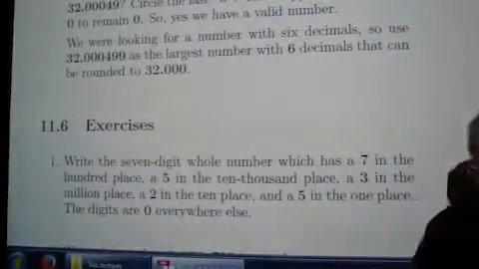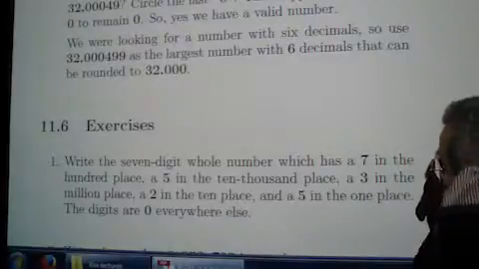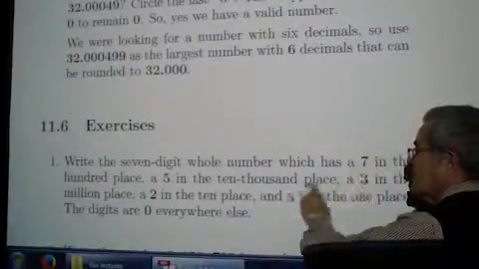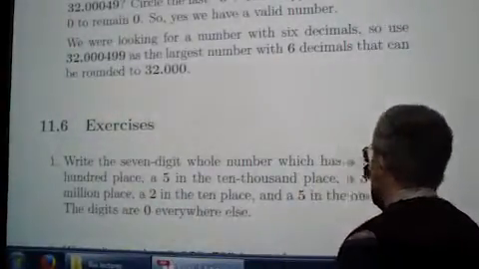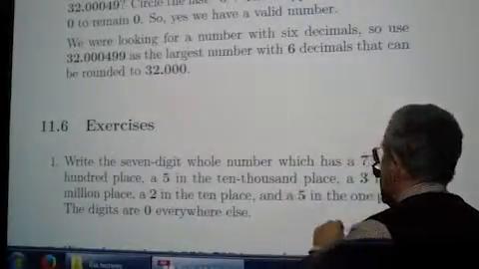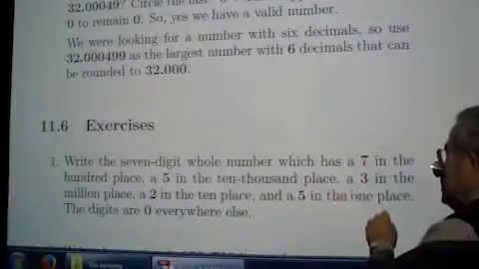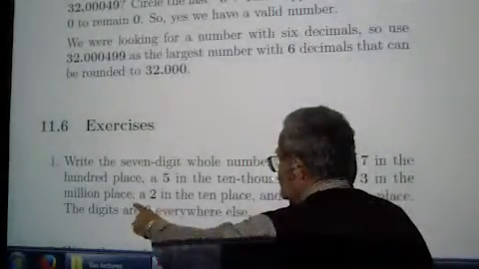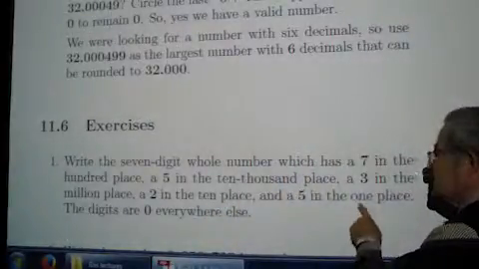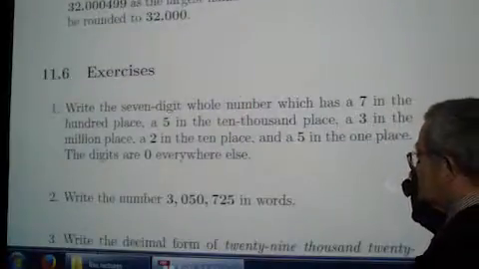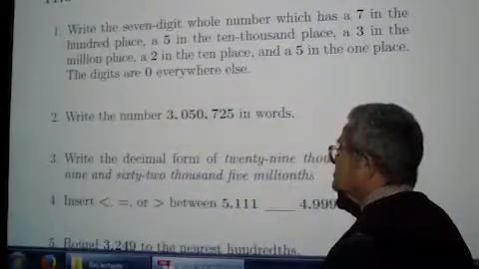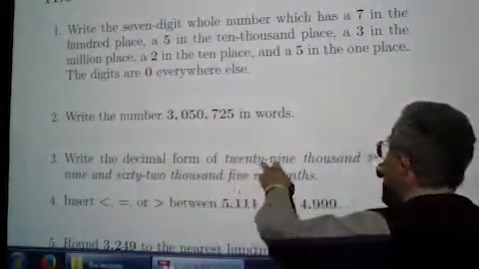Exercises. Now, I hope I have 2 more minutes. Write a 7-digit number which has a 7 in the 100,000th place, 5 in the 10,000th place, 3 in the millions place, 2 in the 10th place, and 5 in the 1 place. So there are no decimals here, that's too bad. Write this number in words, again there are no decimals. Write the decimal form of